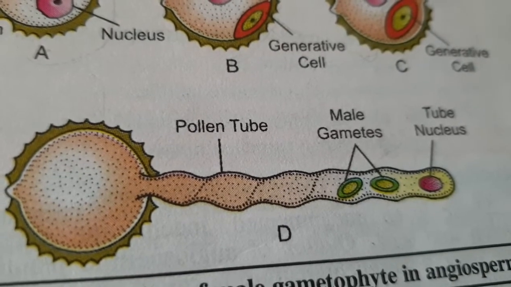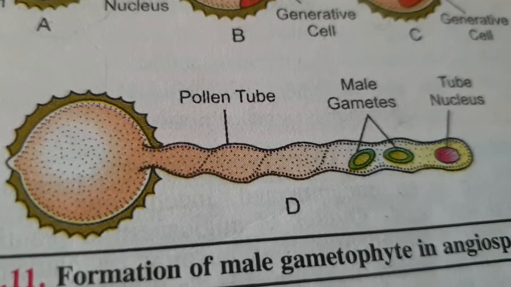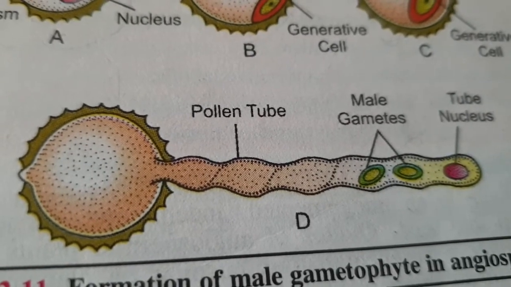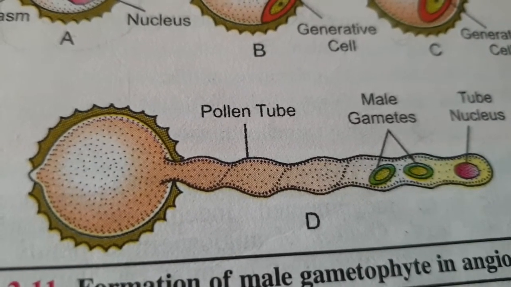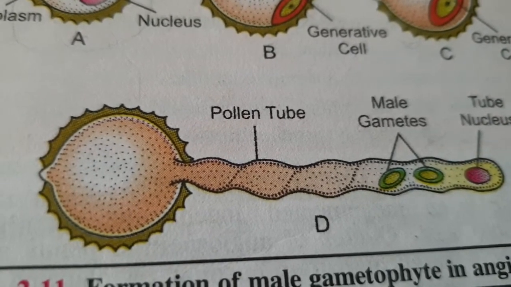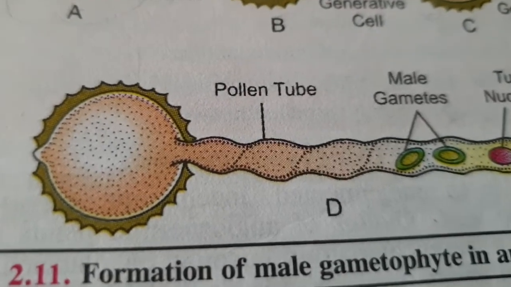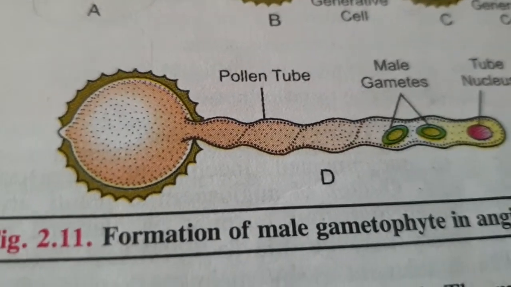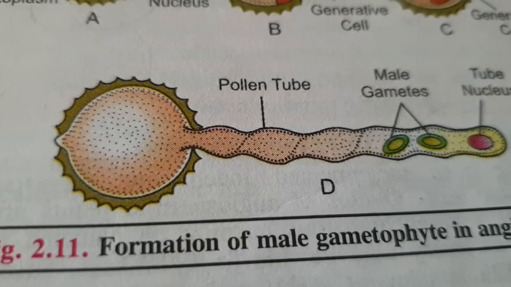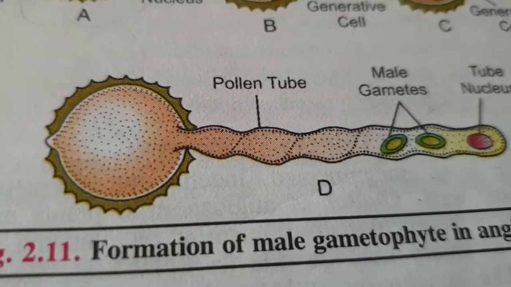Here the pollen tube, which is actually the intine, secretes some pectinase enzymes. It helps the passage through the style and getting the nourishment. That means whenever it is moving through the style, the enzymes will help in clearing the path. Because that is a tissue, the particular enzymes will help to digest the tissue and absorb the nutrients.